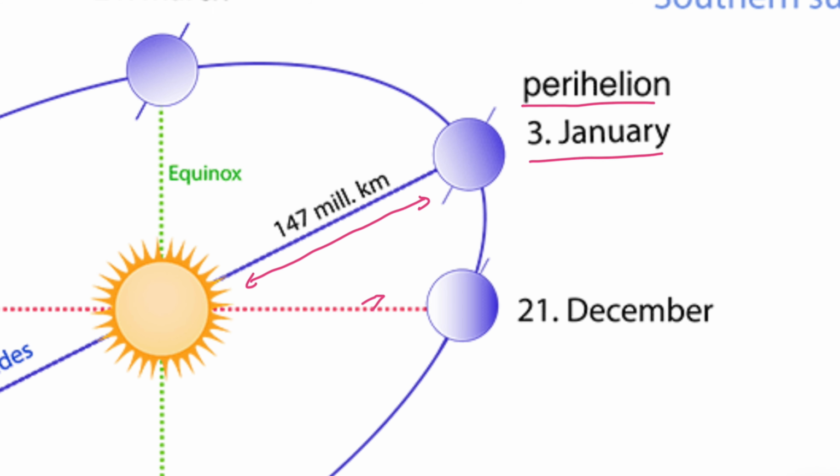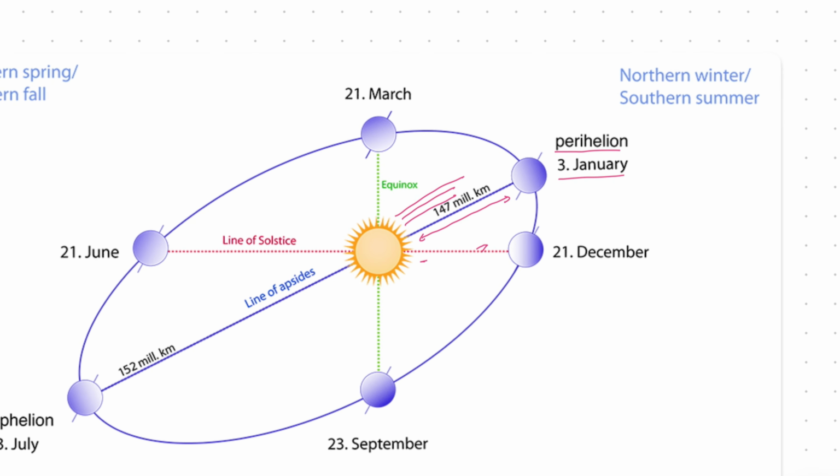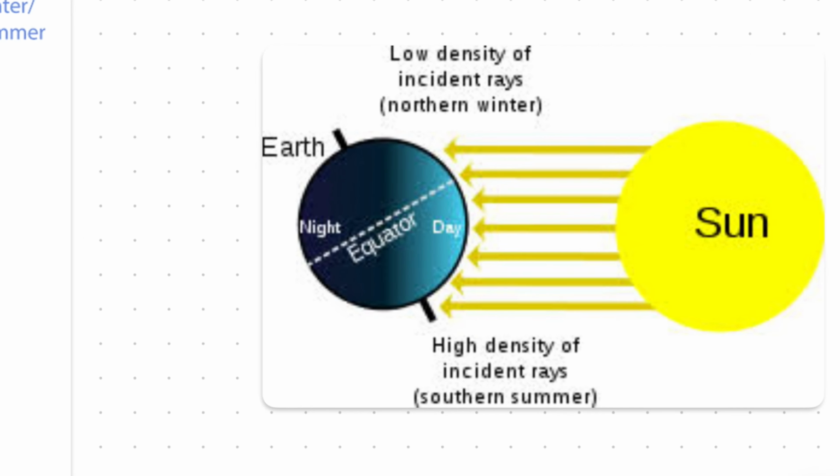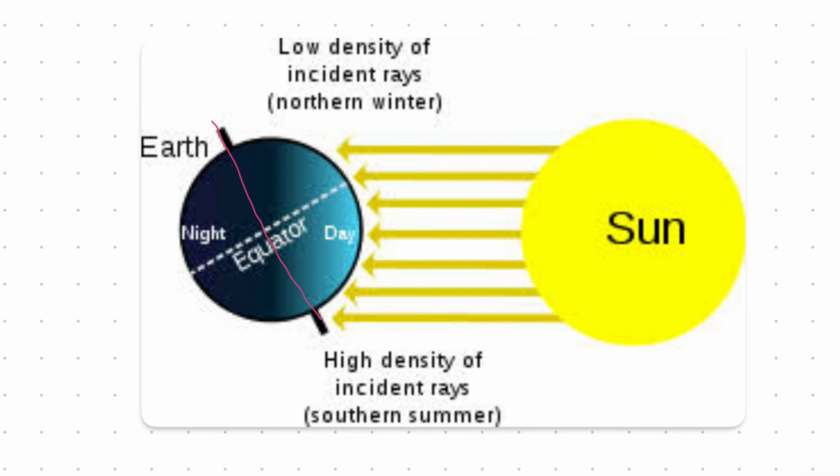So some of you might have a doubt in this. We are getting more density of sun rays because Earth is close to the sun, so there should be a summer. It should be hot, why is it cold? So this happens because of one reason, Earth's tilt. Because of Earth's tilt from its axis, and the tilt is